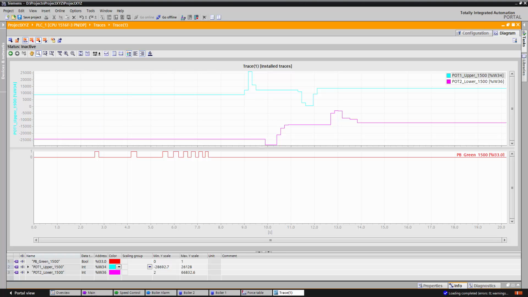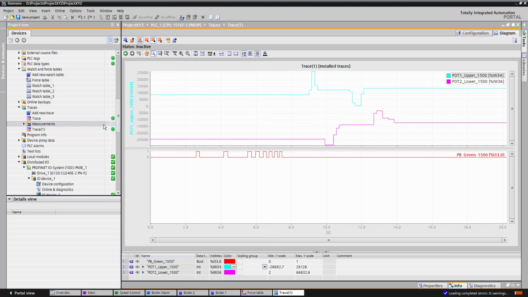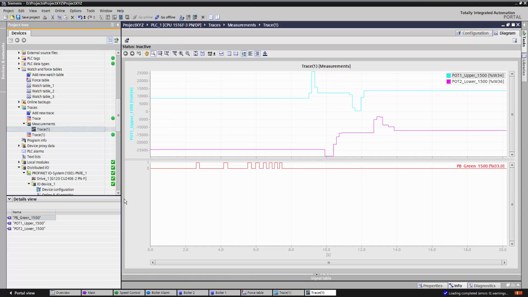Now, if this recording is important to me, then I would want to save it. To do so, if you go in the project tree, you'll see that we have this folder called measurements, and currently there's nothing in it. So what I want to do is click on this button here and add it to my measurements. When I do that, you'll see that the trace is now here, and now I have a hard recording of what that trace was when I took it,